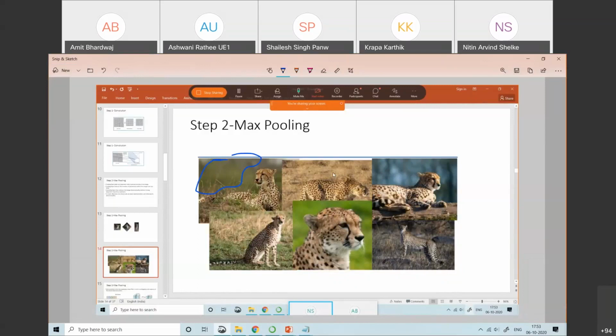This is your unnecessary data. Okay, this is your unnecessary data. Okay, we are only interested in what? We are only interested in the tiger and tiger identification. Means I just want this particular area. I'm not interested in the remaining area. So that kind of thing can be done with the help of max pooling.